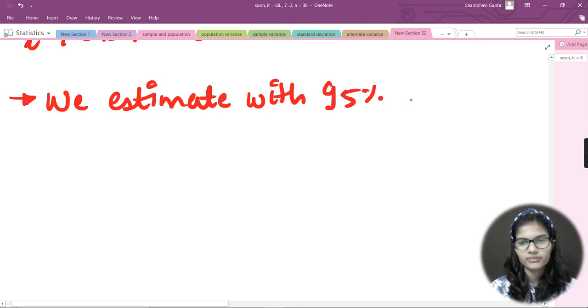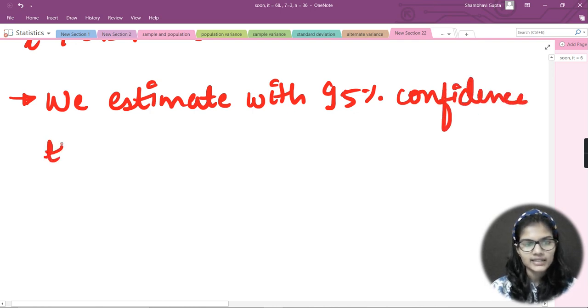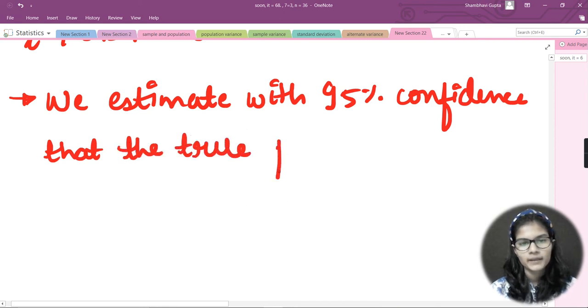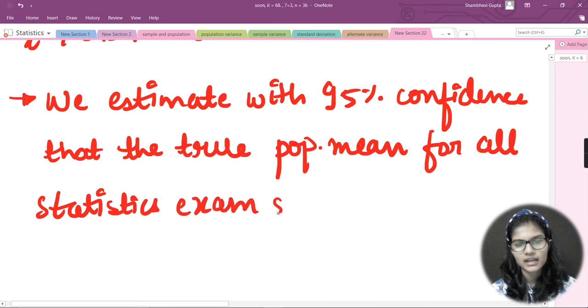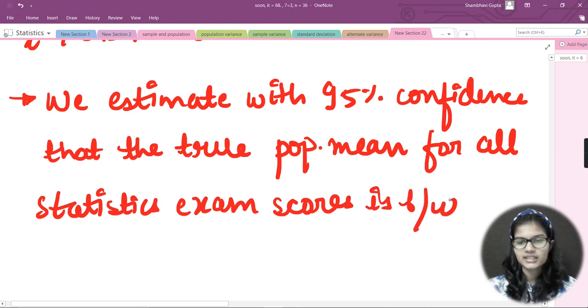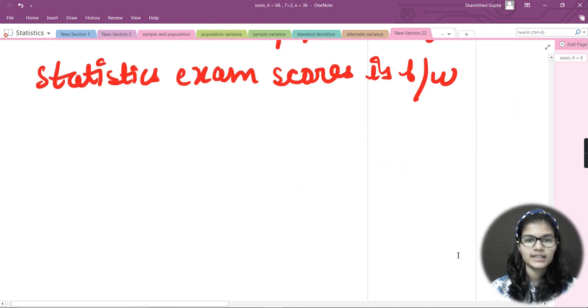We estimate with 95% confidence that the true population mean for all statistics exam scores is between